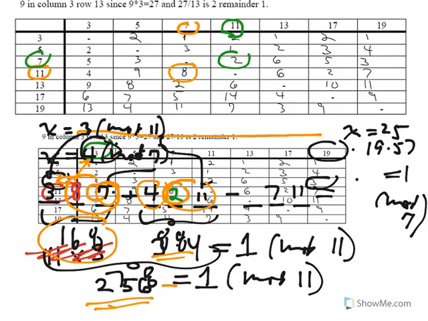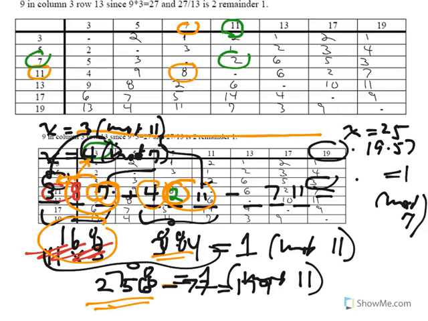Because if I subtract away 7 times 11, which is 77, I will get an answer that's smaller than 256, but also has remainder 3 when I divide by 11 and remainder 4 when I divide by 7. Because subtracting a multiple of 7 does not change the remainder when you divide by 7. And subtracting a multiple of 11 doesn't change the remainder when I divide by 11. And since 77 is both,